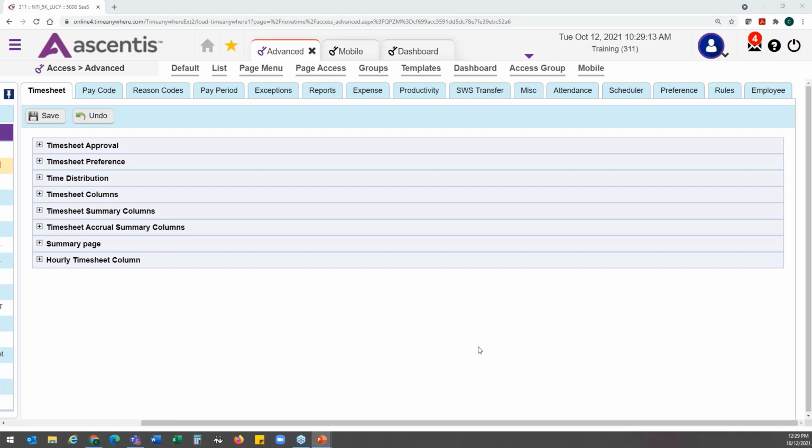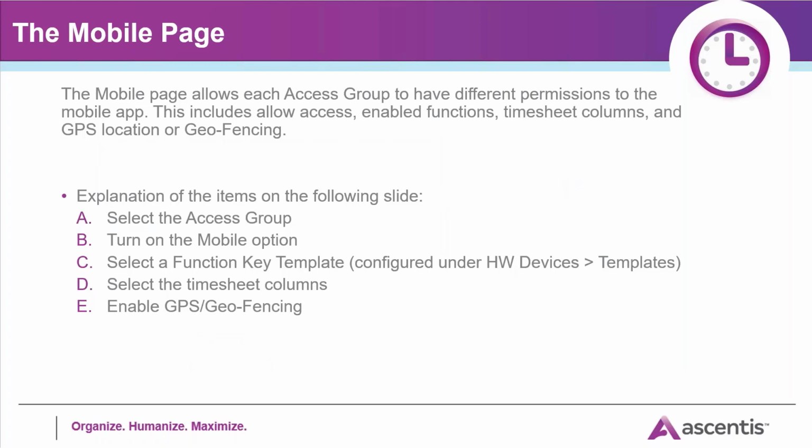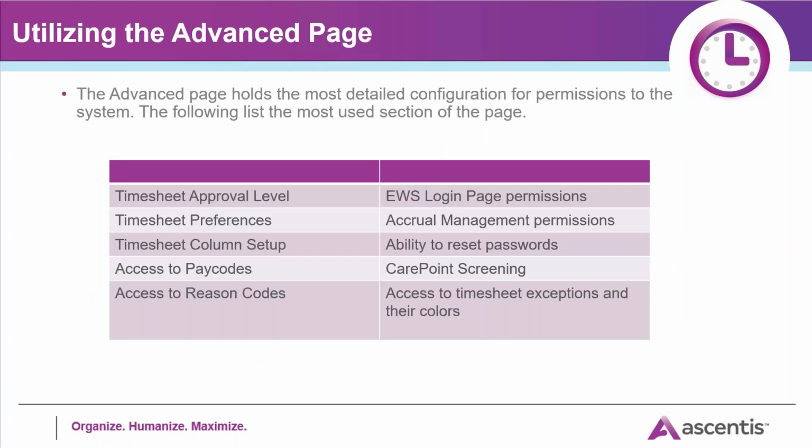Okay, so the most common areas in here, let's get to that slide. Covered all of this already. Mobile app. Here we go. Is changing timesheet approval levels. So when somebody hits that submit or approve button on the timesheet, which level of approval should it go to? Setting timesheet preferences. So activating summary options or activating if the notes should grab the username and time the note was created. Setting up the timesheet columns, giving access to pay codes on if they have full access to the timesheet to use them,